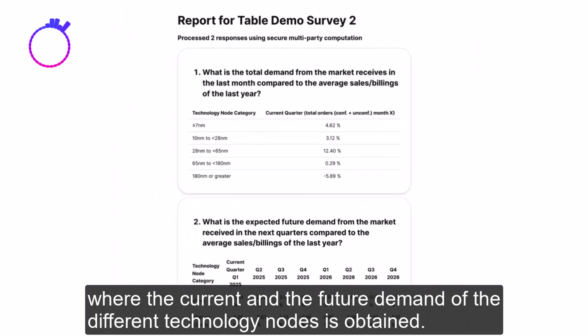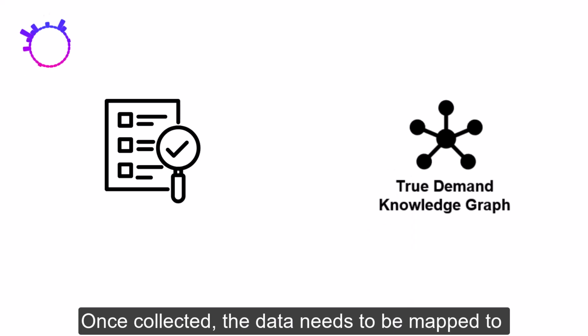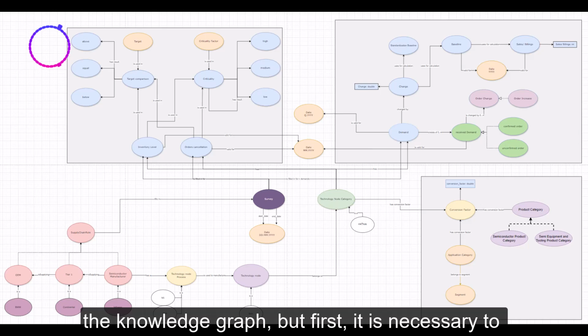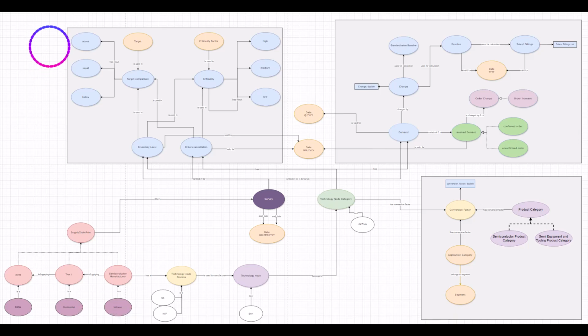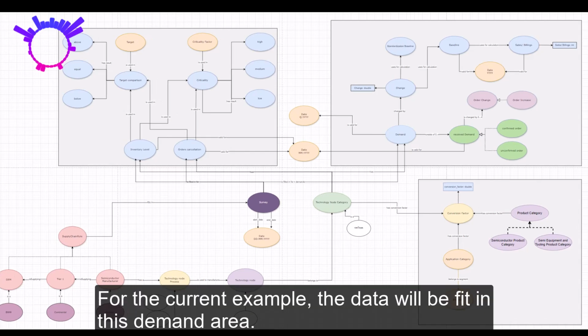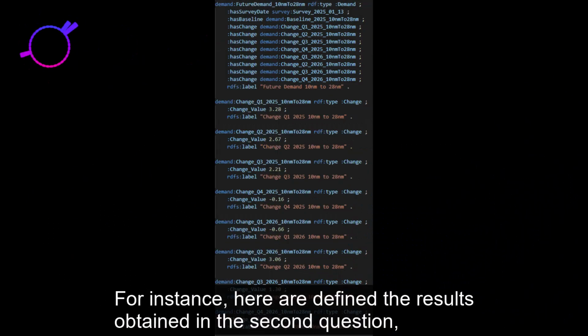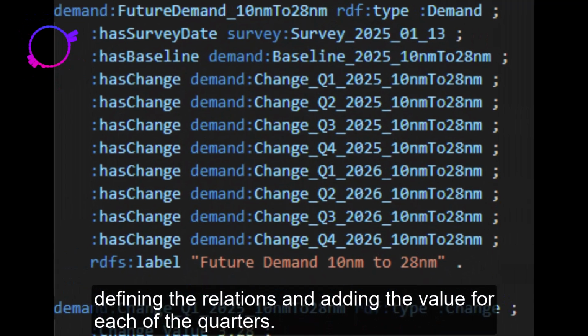technology nodes is obtained. Once collected, the data needs to be mapped to the knowledge graph, but first, it is important to develop a model, as this one. For the current example, the data will be fit in this demand area. For instance, here are defined the results obtained in the second question, defining the relations and adding the value for